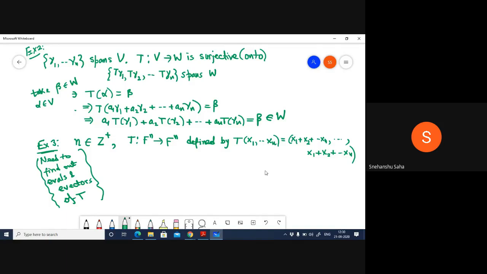What else do you see? That's the reason I said that this is not much of a computational exercise. Rather, what else do you see? See, guys, remember one thing: we are proving a bunch of theorems, bunch of results, seeing applications and methods. One of the most important things of doing linear algebra this way is to be able to see that if your transformation is linear, and you are mapping between finite dimensional vector spaces, then what is the effect of that linear transformation on your basis vectors?